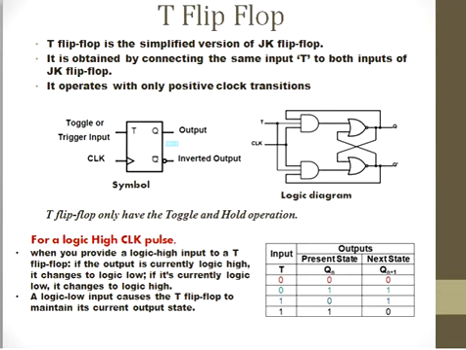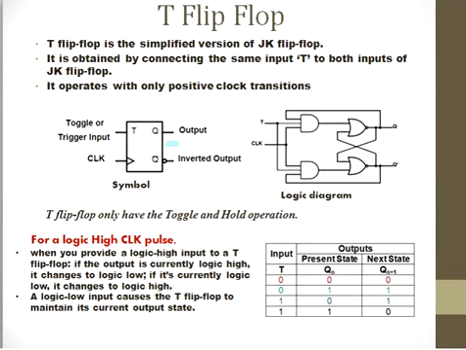We can say that this flip-flop, which is a single input JK flip-flop, has only two ways of operation. One is the toggle operation, and the other one is the hold operation. Toggle means the output keeps changing when there is a clock pulse, but the hold condition means the output remains the same when there is a clock pulse. So the state depends on what is given to the T terminal.